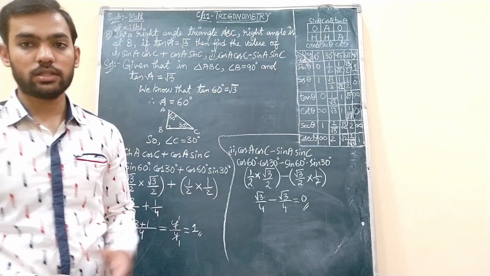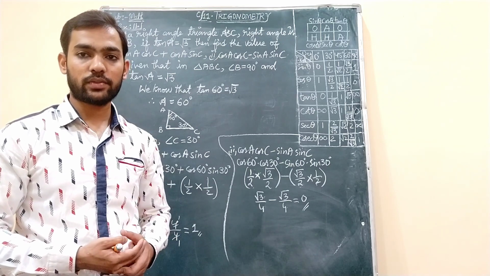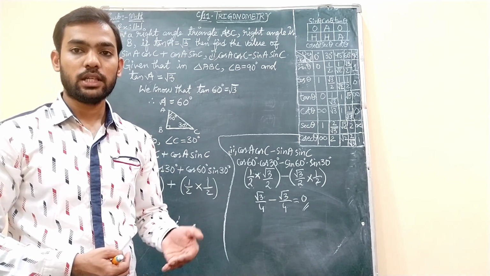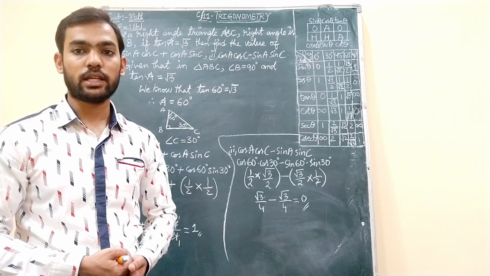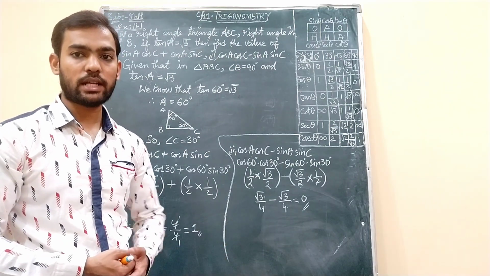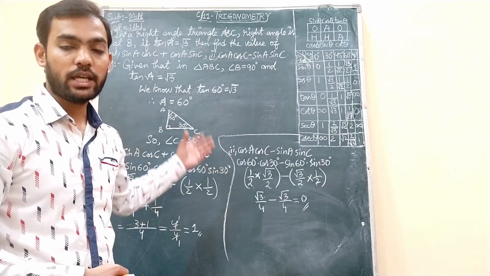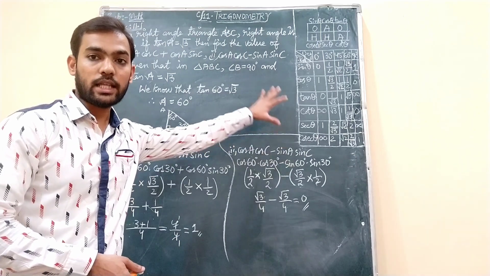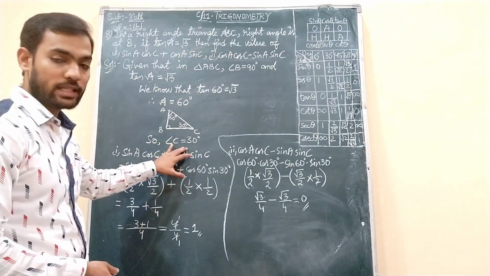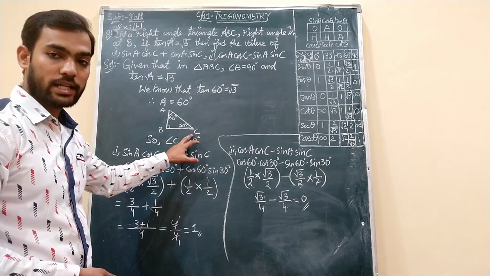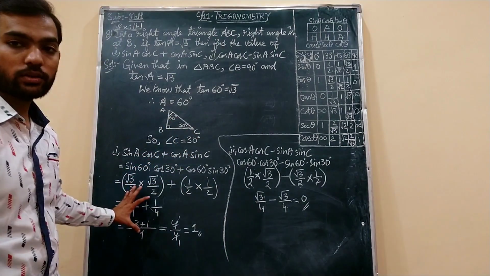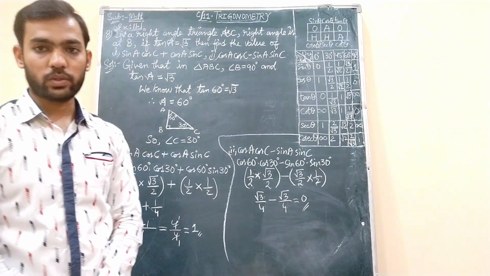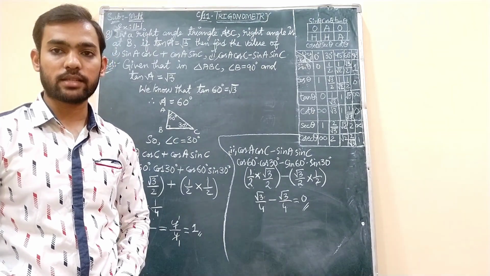So in today's class we have seen the problem wherein, by using the similarity of triangles, we got the two angles are equal, that we have proved. And also we have seen whenever one ratio is given, using that ratio how to find out the expression values, whatever he will ask in the question. And in this problem we have seen that if a ratio is given and that value lies under this specific angles table, then using that, how to get the other missing angle, and when we get A and C values, by using that, how to find out the values of the expressions asked in the question. That we have learned in this final problem. Okay, with this we have done the complete exercise 11.1.